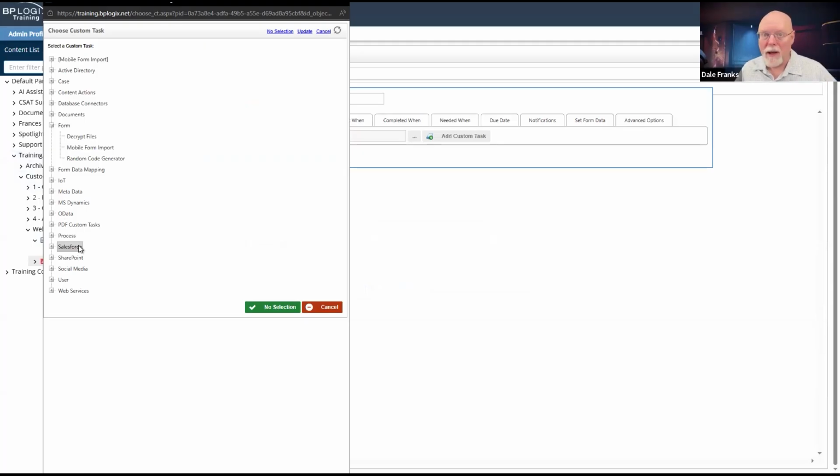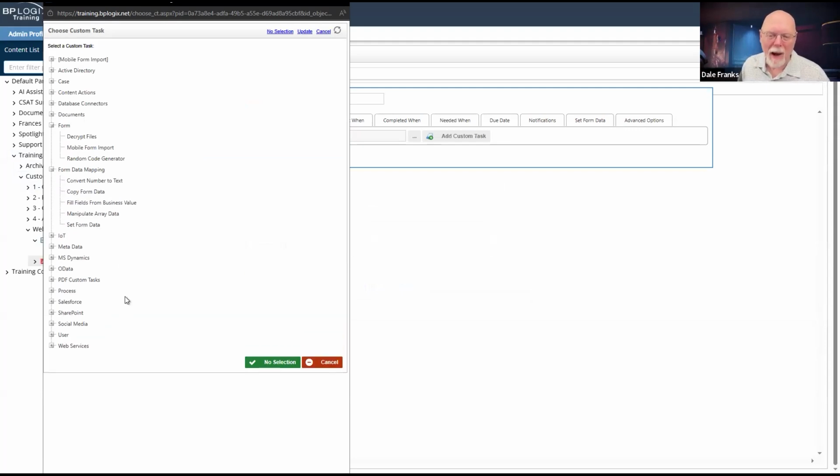For example, in a process timeline, if I go to the form setup or form data mapping, I'm going to have a much more limited set of custom tasks that I could invoke. And notice that nowhere here does the show alert or advanced show alert custom task appear. Those custom tasks only work on a form. Now, there are some custom tasks that only work on a process timeline. Those custom tasks will show up here, but they won't show up on the form.